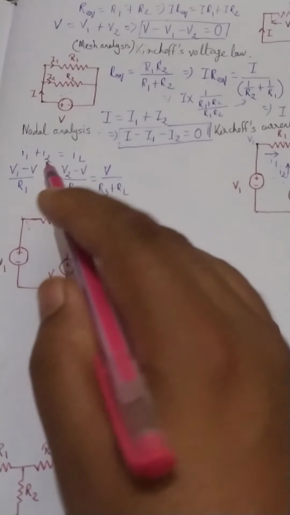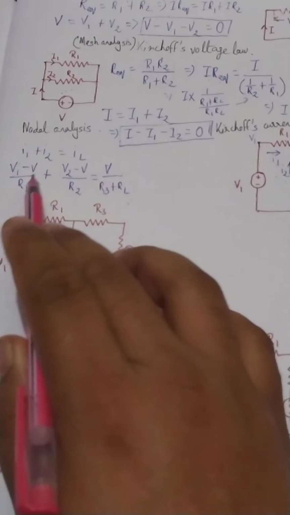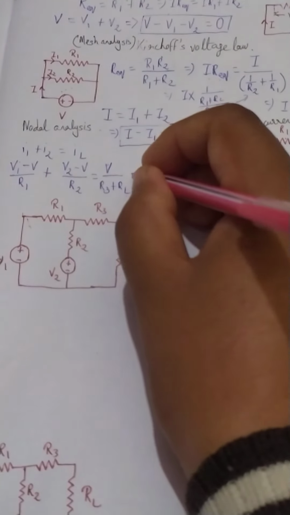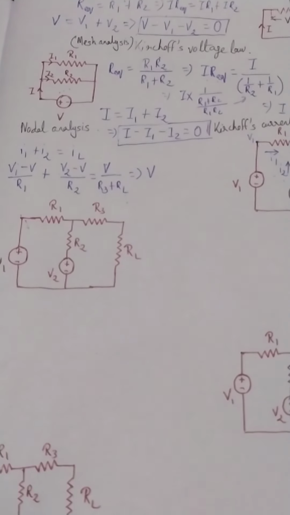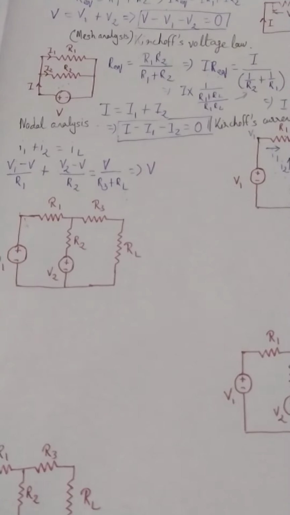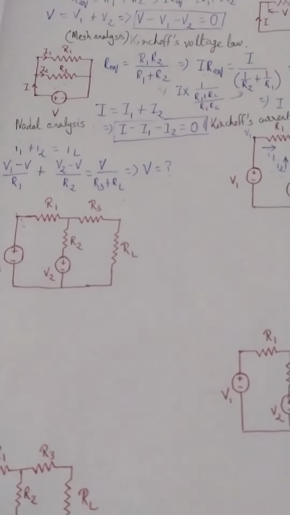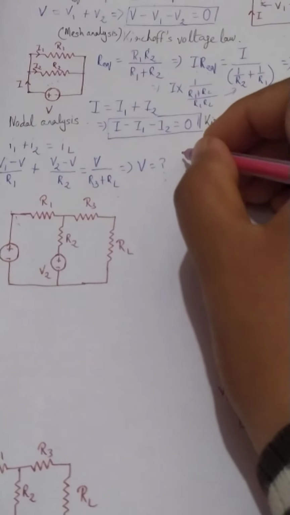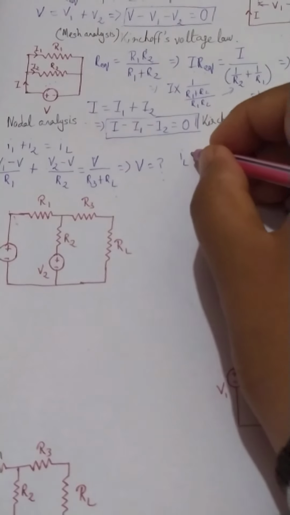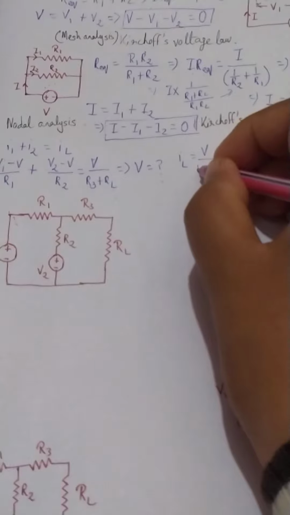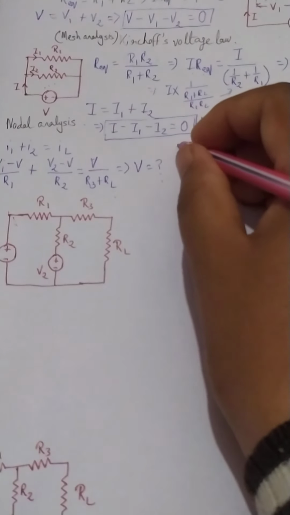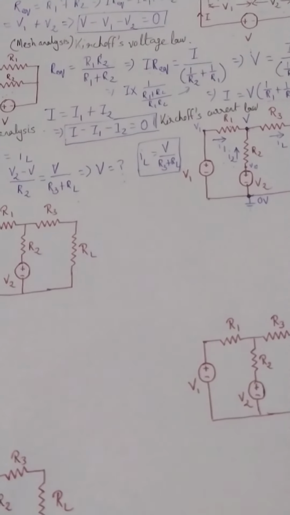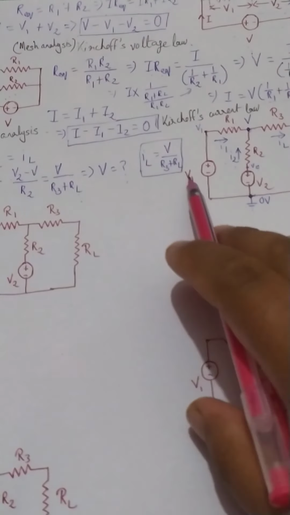So we get this expression where V1, V2, R1, R2, R3, and RL are known quantities. If we simplify this, we can find V, which will be equal to some value. Once we have V, we can find IL by using the relationship V by R3 plus RL. So this is the way by which we could get the answer if we apply